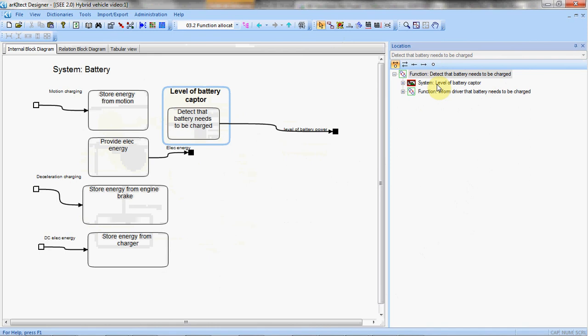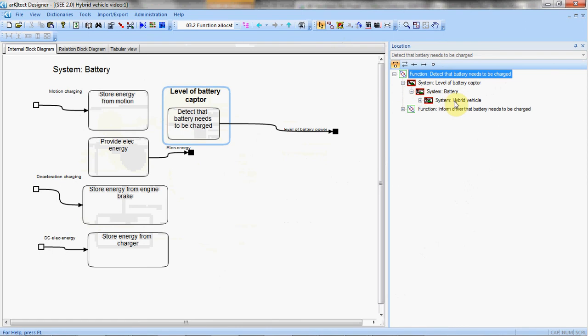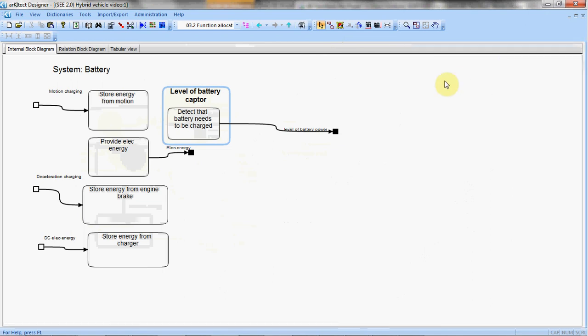It is defined under the level of battery captor, which is itself defined in the battery, itself defined in the hybrid vehicle. If we look at the functional architecture, we can see that detect that battery needs to be charged is a child of the function inform driver that battery needs to be charged, which is itself defined in the lifecycle stage cruising. Now the system definition is completed.